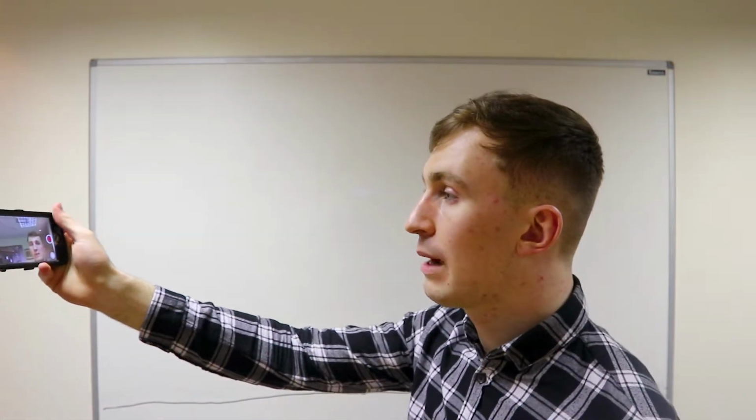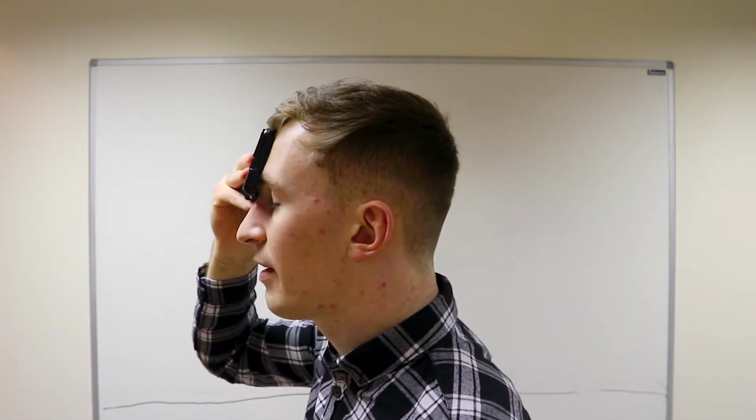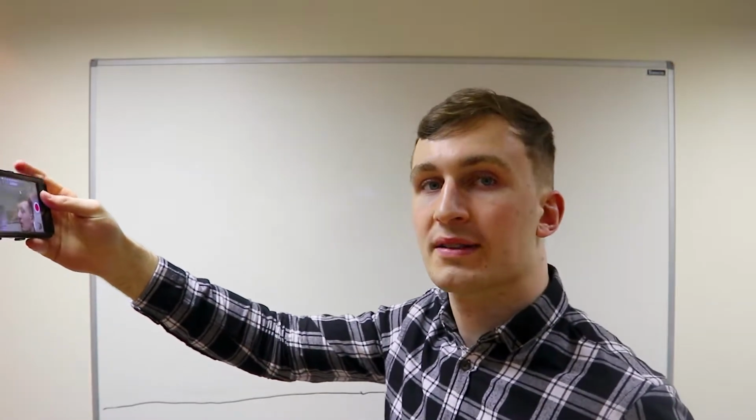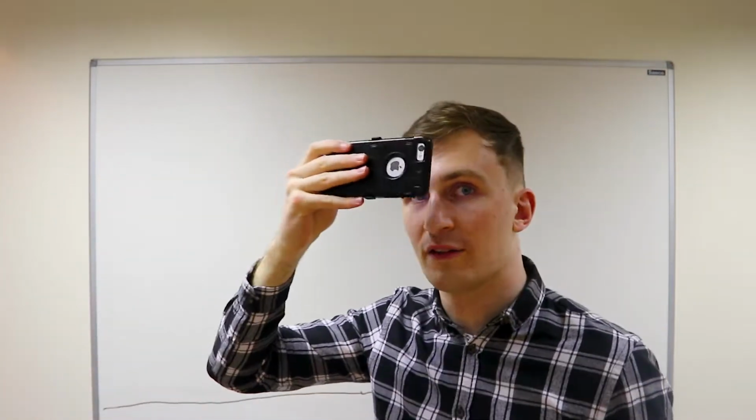Something so simple. From this stage, I got the camera, whacked it into my face, and then I turned off the video. Then I walked outside to a nice green area, or you can walk into a different room or somewhere else. You start recording like this and you move out, and so then it looks like you just did this and you magically appeared in a different place in the video. It's just a little editing trick. You can add your own personal touch. If you don't know how to edit well, leave it out, but if you can do a bit of editing, use it. And so then I talked about